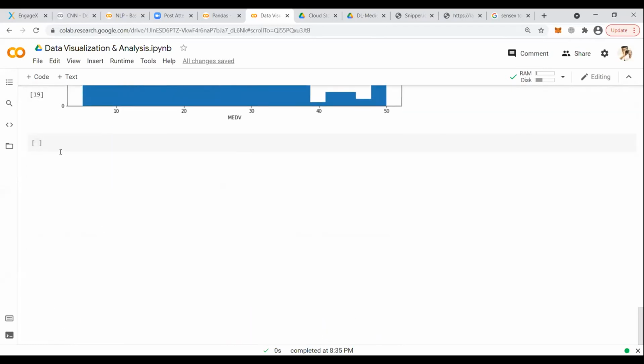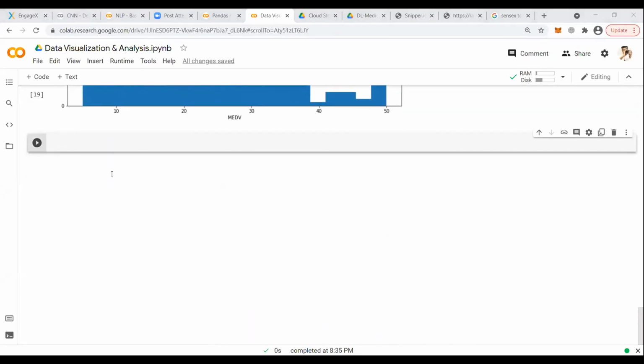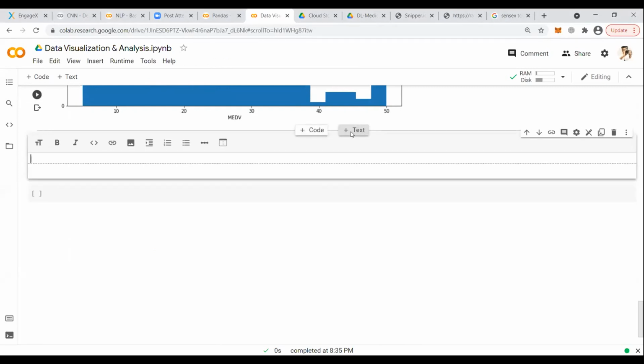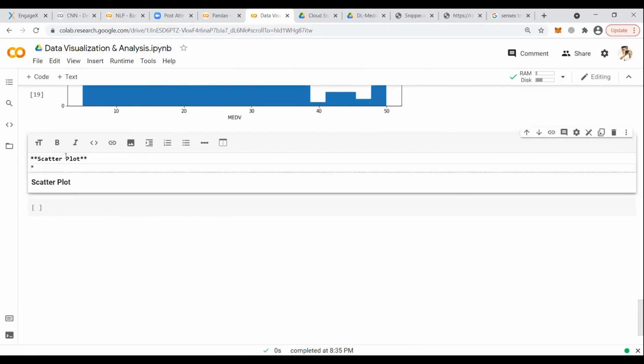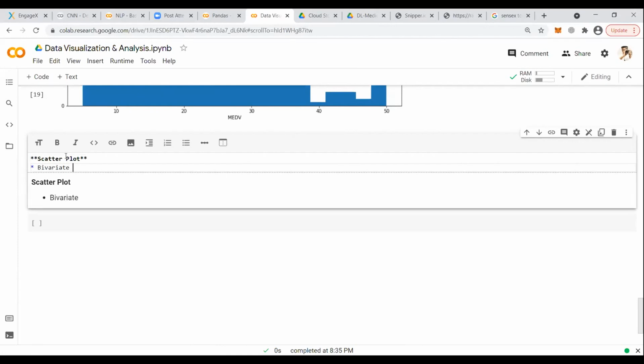Okay, class, next part. The next part is scatter plot, and because it is a scatter plot, I'm going to change my data set. Just like that, there's no compulsion here. I can continue doing all my plots using the same data, but I want to have a freshness here. Scatter plot, bivariate. Bivariate means you'll have an X and you'll have a Y. And this is a relationship plot.